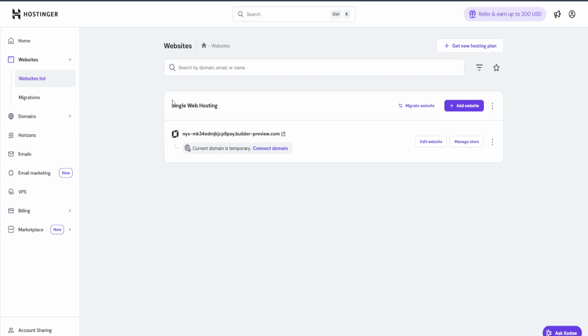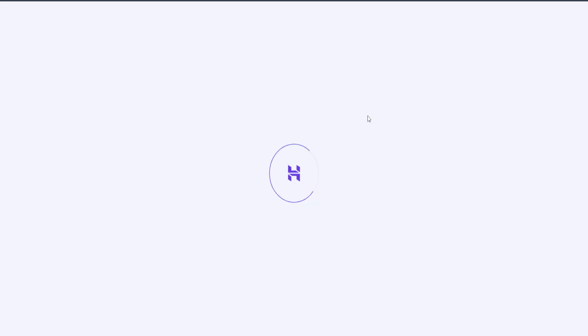Once you've reached the website list, click on the option to edit your website. This will take you to the website editor, a powerful tool where you can customize everything to align with your vision. Take a moment to familiarize yourself with the different options available, as this will make the editing process more